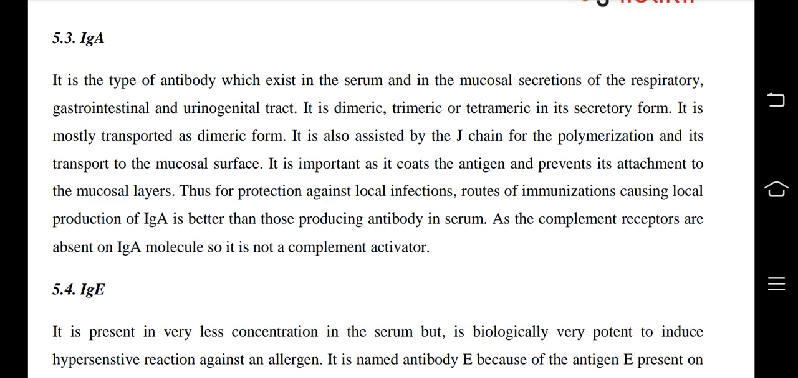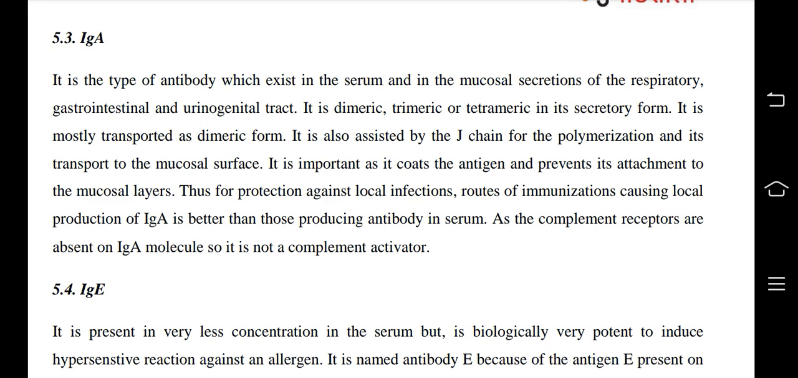It is important as it coats the antigen and prevents its attachment to the mucosal layers. So it will appear coating the antigen, and that will definitely prevent its attachment to the mucosal layers. So it will protect the antigen from attaching to the mucosal layers. Thus, for protection against local infections, routes of immunization causing local production of IgA are better than those